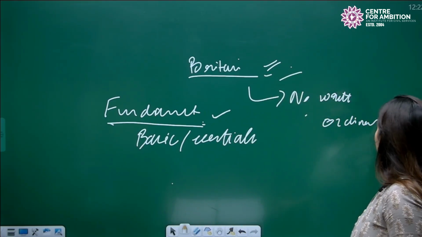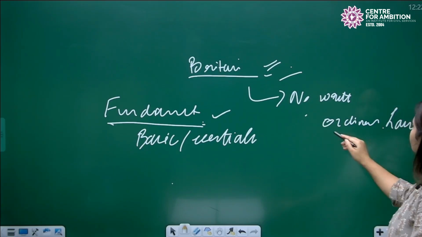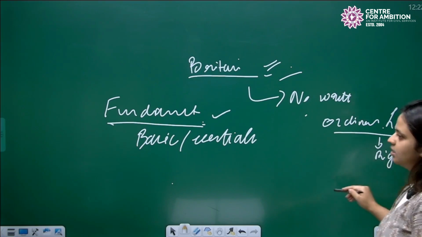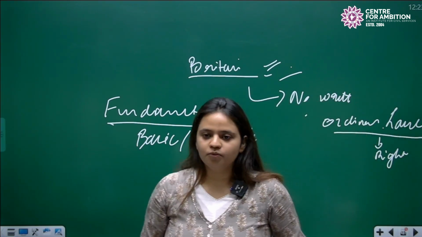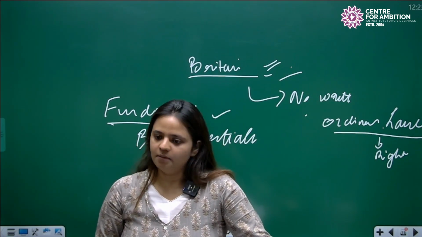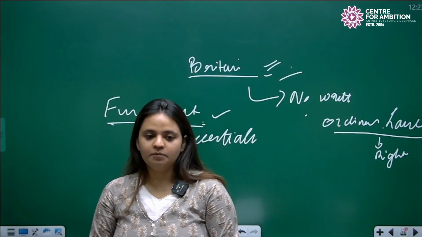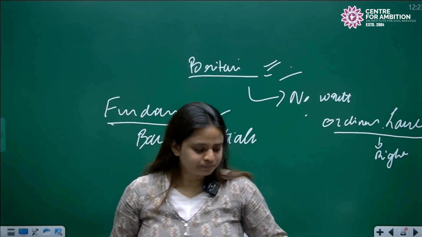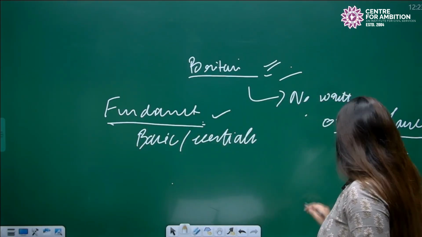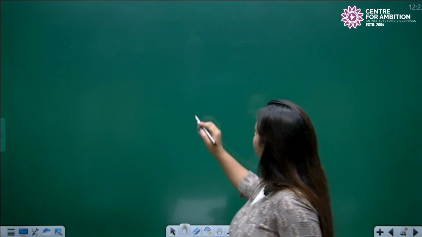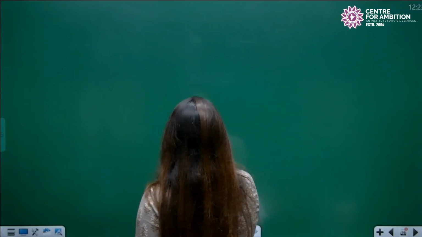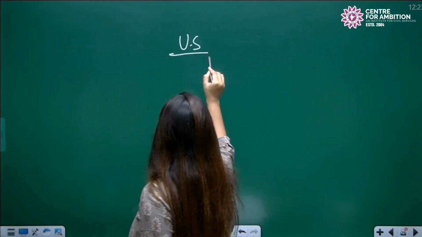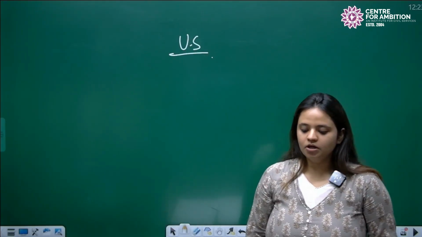ब्रिटेन में there are ordinary laws which could be termed as right by the state, ठीक है. It's पूरा discretion जो है ब्रिटेन में it's on Parliament. We see that ब्रिटेन में there is parliamentary supremacy, ठीक है. Now when we see US, ठीक है, US में अगर हम देखें तो US में